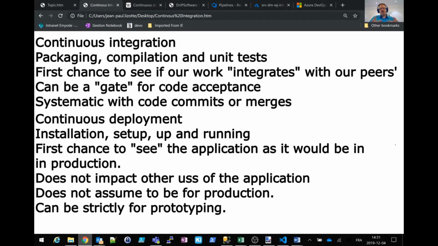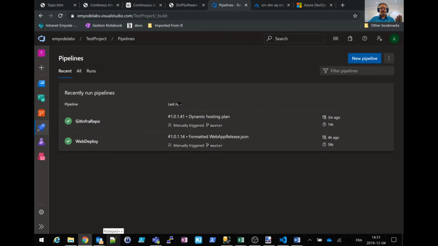Everything that needs to be done to make sure that everything is correctly put together, which is, I guess, the standard definition of integration. So continuous integration is making sure that every time you submit something that is part of this integration package, it is done as a step. So in the example of our continuous integration package that we have in Azure DevOps and our pipelines, I've defined a trigger in the case of both the Git infra pipeline and the web deploy, that every single time you commit some code to the repo,